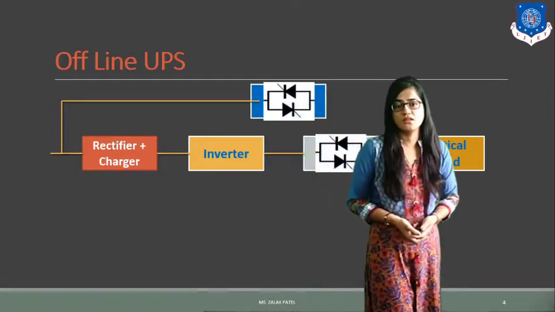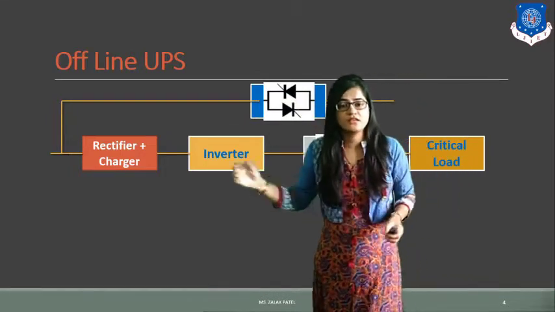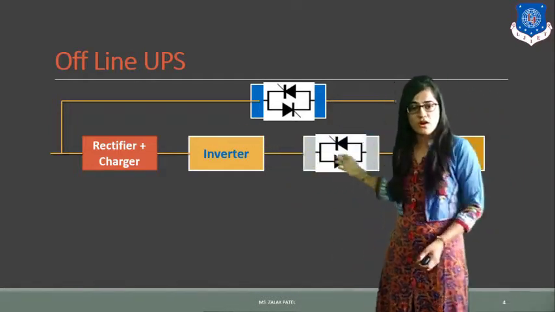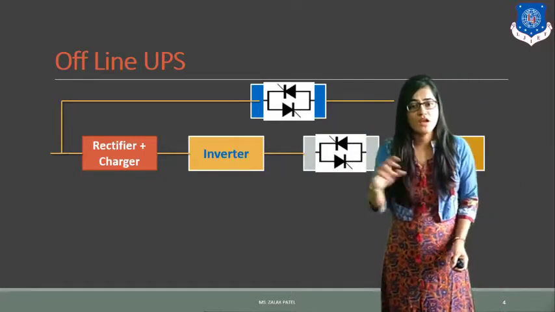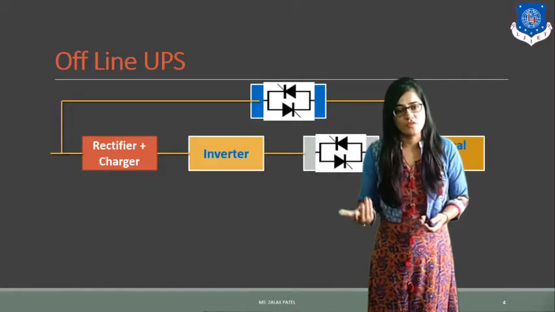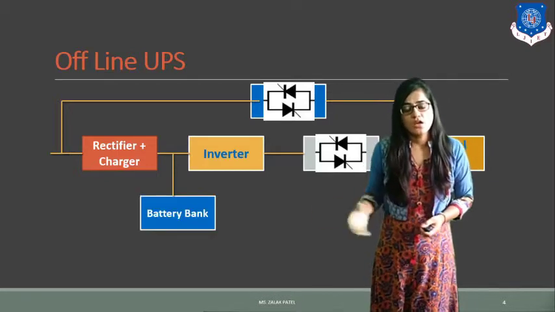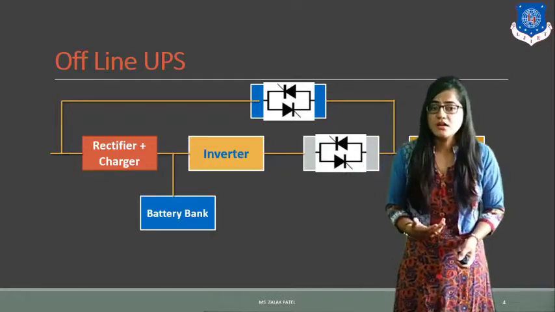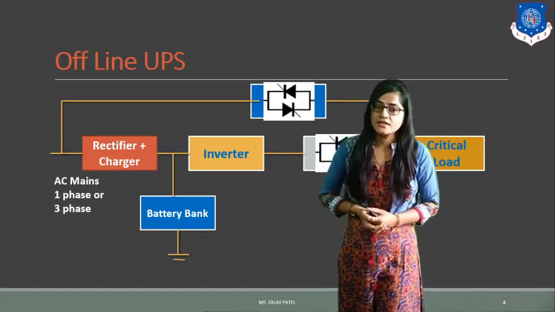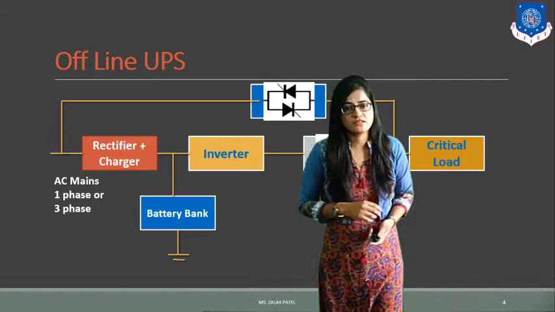The main change here is that the UPS static switch is also connected as a backup, so that if this path breaks, or cannot work, then the power will be provided by this UPS static switch and continuous power will be possible. Here it can be operated in two different modes, which we will see later on. Again, for saving the power, the battery bank can be connected to it and it will be grounded. As I said earlier, the AC mains can be a single phase as well as a three phase circuit.